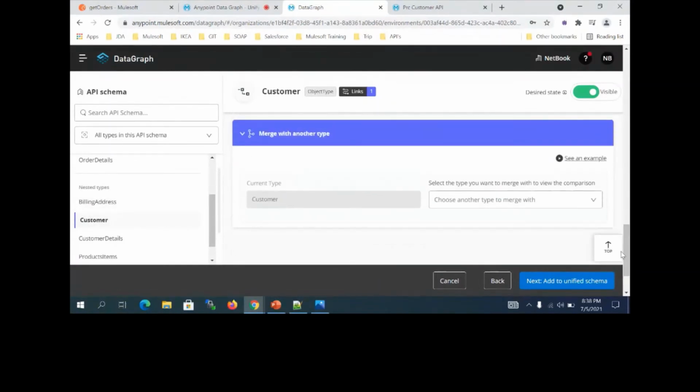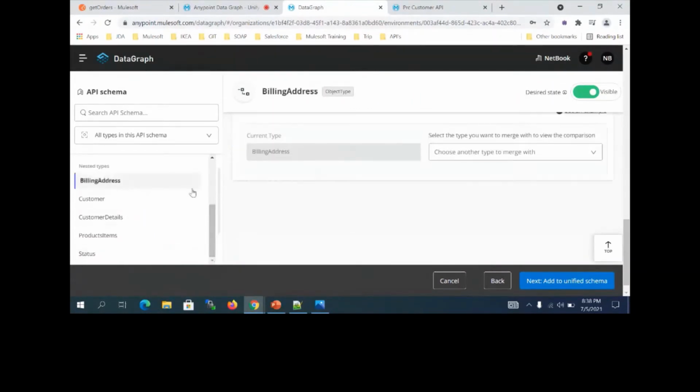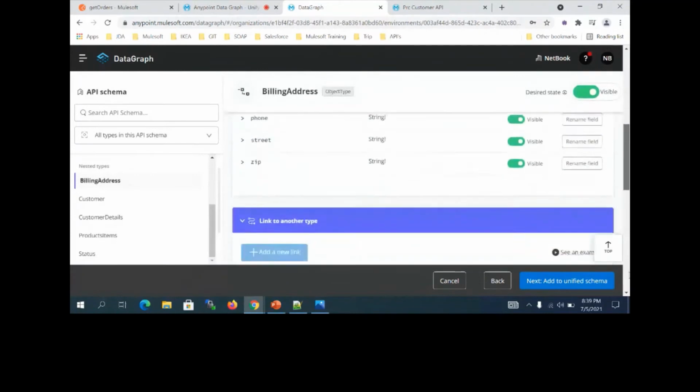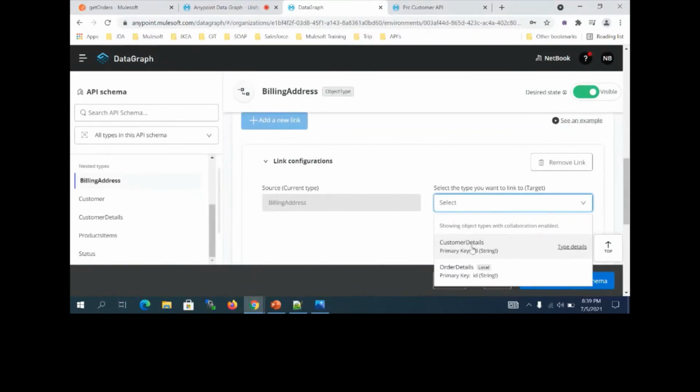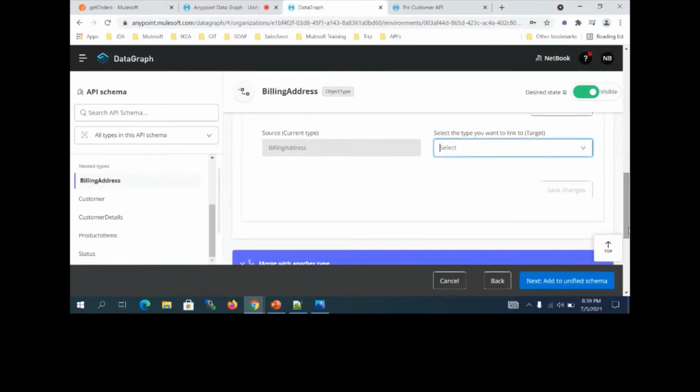Similarly, I have a merging purpose over here. There is another billing address. If I take a billing address, the billing address is from this current API, that is order API, but my unified schema already has address, I think, yeah, address should be there already.